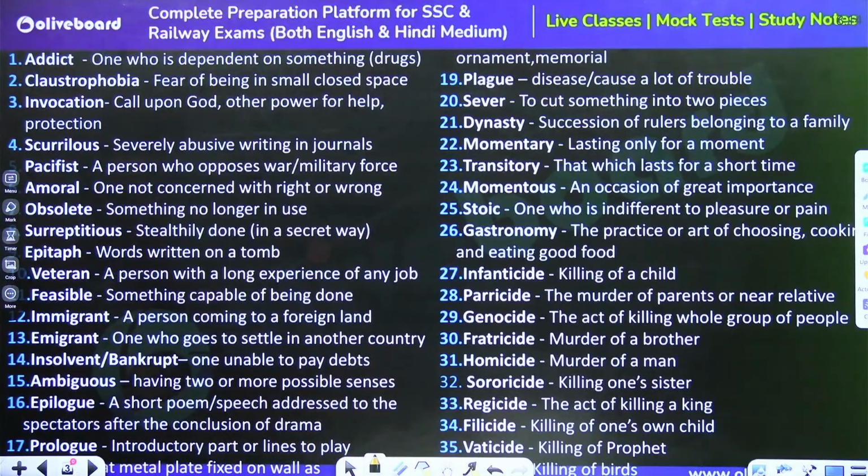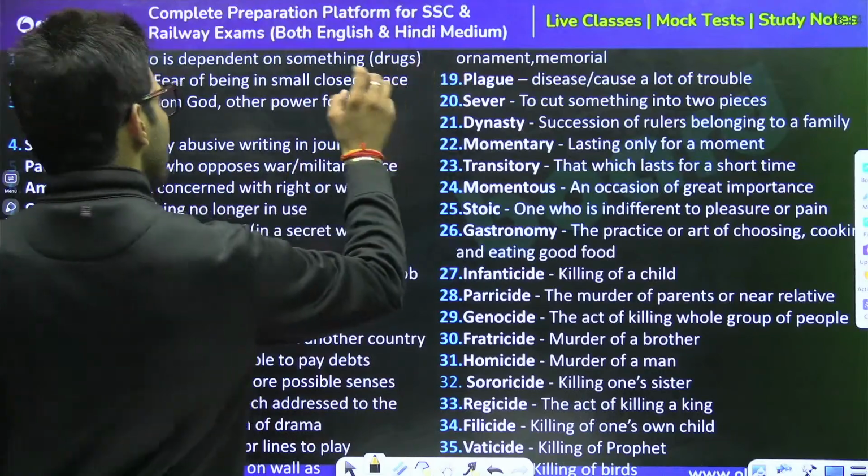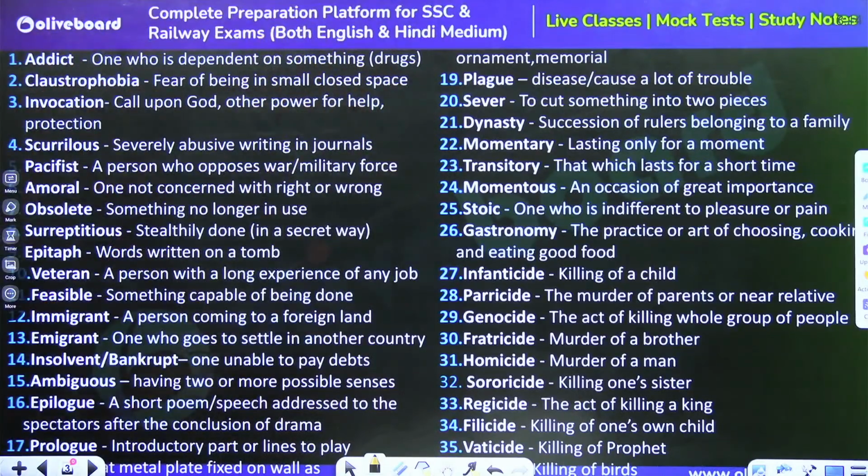Then we have plague, P-L-A-Q-U-E, it is plaque. A flat metal plate fixed on a wall, not that important, haven't come across ever. Plaque is also that layer of bacteria on your teeth. Do remember this, plague. This is the name of a disease. Apart from that, as a verb, it defines something which creates problem for you. So plague is a disease, and diseases cause problem. They don't cause ease.